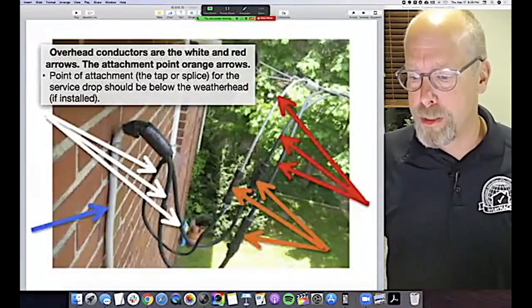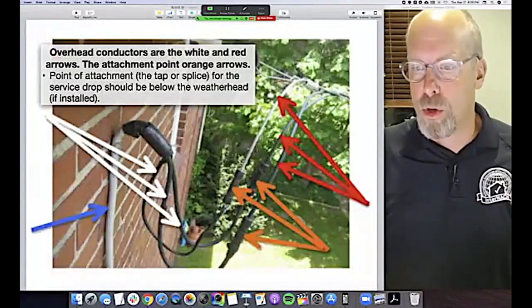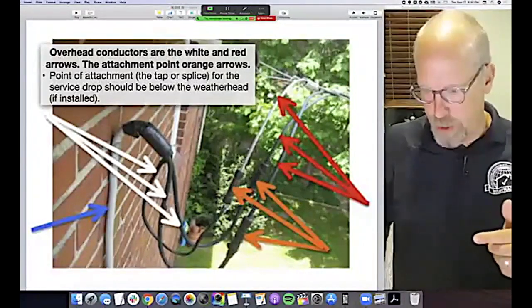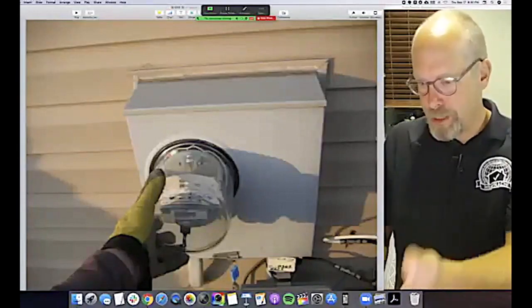And the attachment point is where they connect, the taps, the orange arrows. The tap or splice for the service drop should be below the weatherhead if it's installed. And I don't have any of that. This is what I have at this